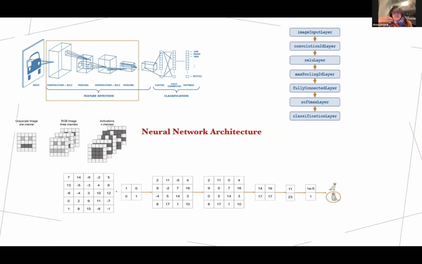So if we, for example, on the right, construct a neural network structure in which we have different layers: image input layer, convolution 2D layer, ReLU layer, and so on, up to the end, the classification layer. What does it mean? For example, we have our image, a car. So we have 3 matrices to identify this image. This is only one input.